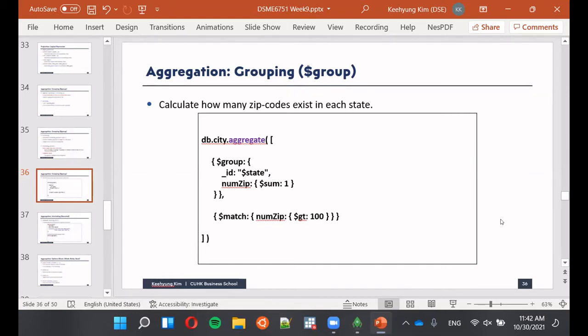I'm not sure, but my intuition is that it may not be possible. Yeah, because ID, based on the MongoDB definition, is like unique information for each document. So I don't think that's